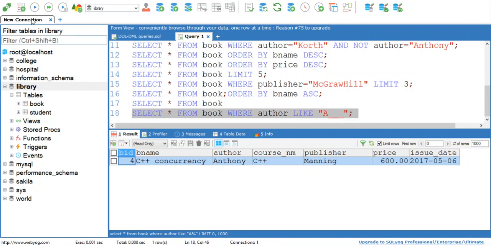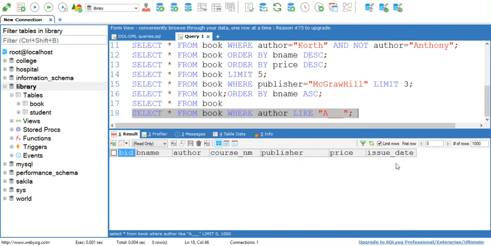Now when you execute this query, it will not give you the record of any of the books because your table doesn't consist of any record which has an author name starting with A but with 4 characters only. So this is how percentage can be used to match any number of characters and underscore is used to match a single character.